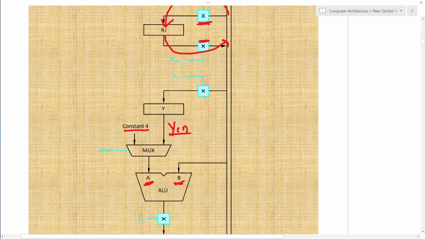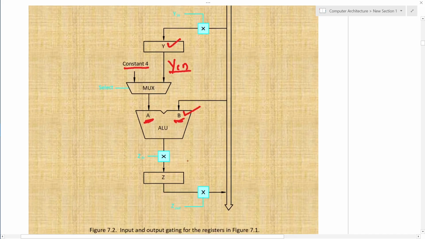So the two operands required to be executed by the ALU are available at A by the help of Y, and at B directly from the bus. The result of the operation performed by the ALU will be available at Z through the input port Z in.